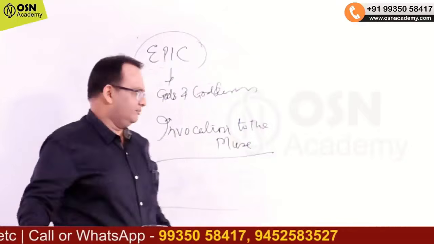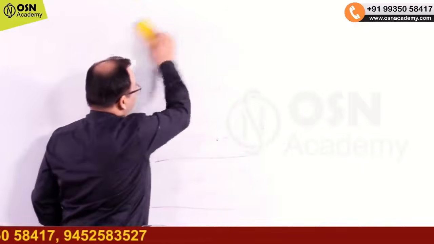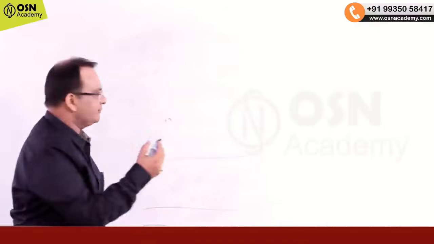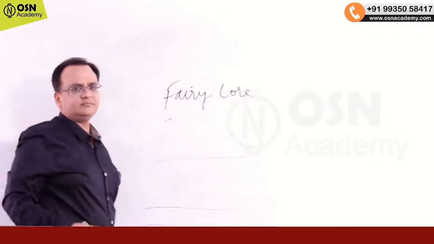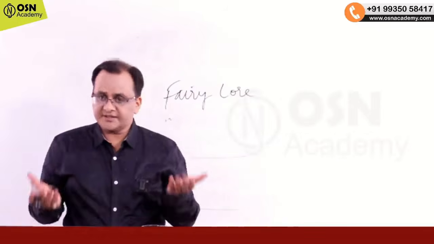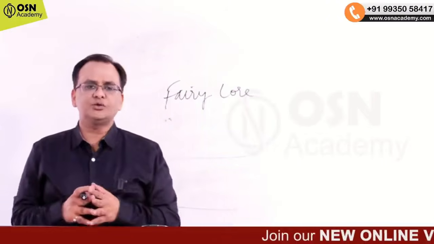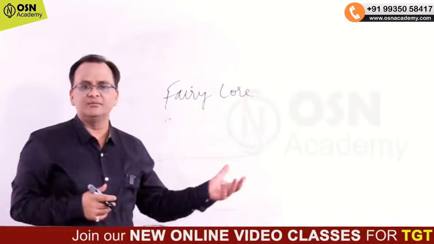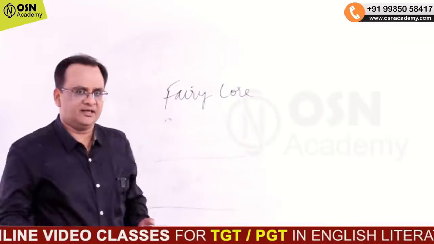And apart from this type of lyric epical poetry, that is narrative poetry, जिसमें एक epic एक form होता है, इसी प्रकार से एक और form होता है जिसको हम कहते हैं fairy lore, and it appears as the theatrical romance, which is much more simpler in form but comprises the story of life in the ordinary circumstances and is generally termed mythical tale. So ये उतना important नहीं है लेकिन जानना जरूरी है.